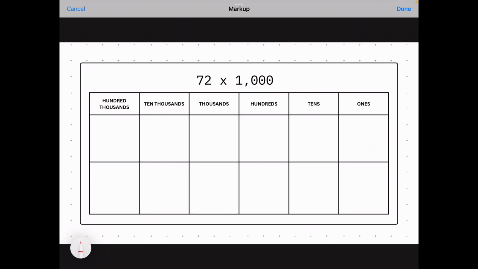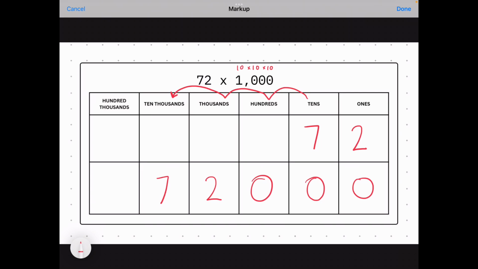Next, I'm going to do a times 1,000, which is really just times 10 times 10 times 10. So if I plug in my 72 and I multiply it by 10 3 times, which is 1,000, really I'm just shifting over 3 place values, adding in zeros into my blank spots, getting me an answer of